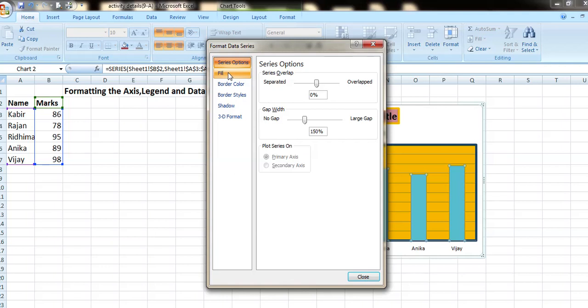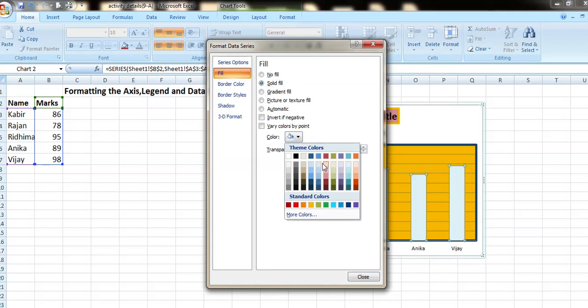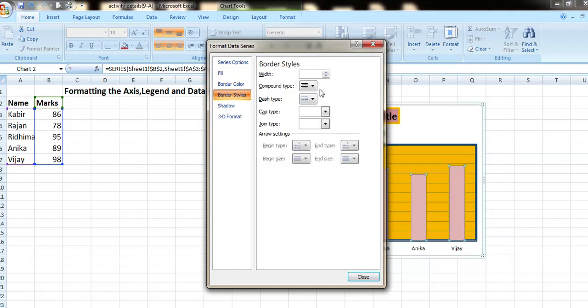Click on the Fill and Line tab. Suppose I change the color from gray to pink. I can again change the width or styles according to the requirement.